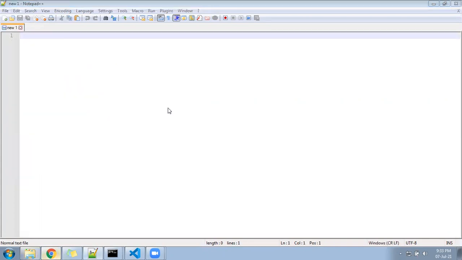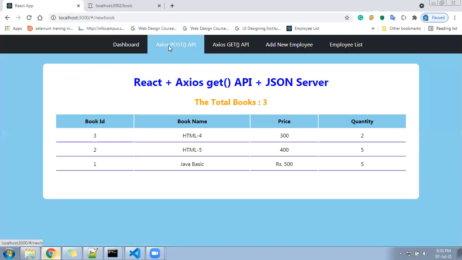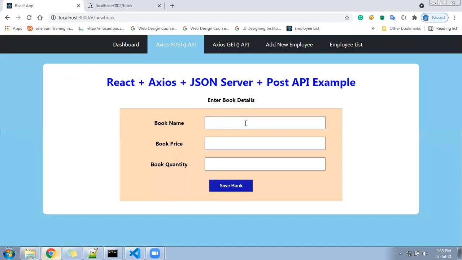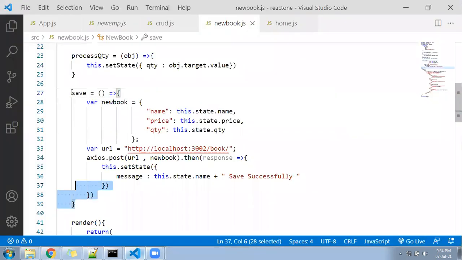Now I'll come back to my list page again, and we need to clear the text box. After saving the data, it should clear. Look here. I'll write here CSS, and then 300 rupees, and then quantity is 7. Click save. It is saying CSS saved successfully, but this text box value should get cleared. Then it will be more interactive. So let's go to the text box. Hope you have seen this flow.